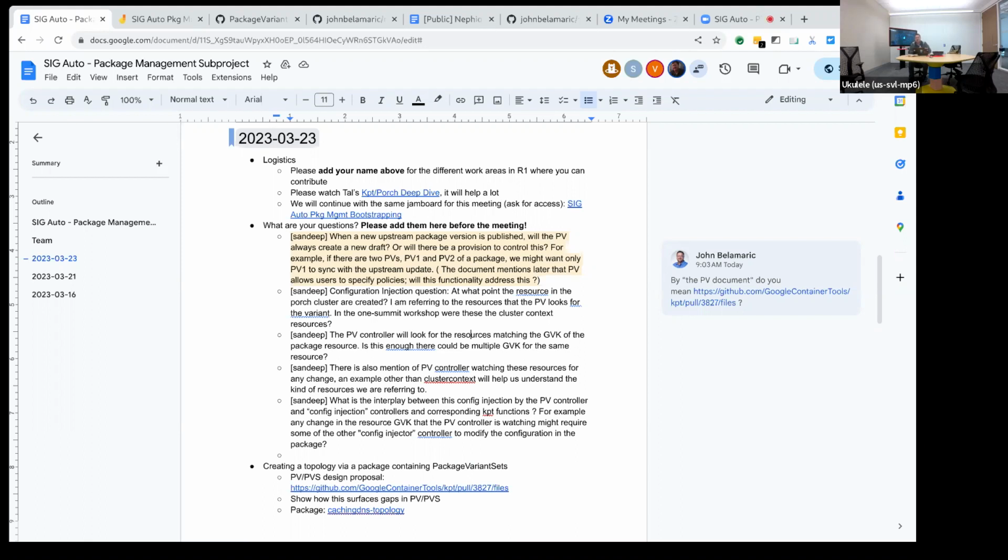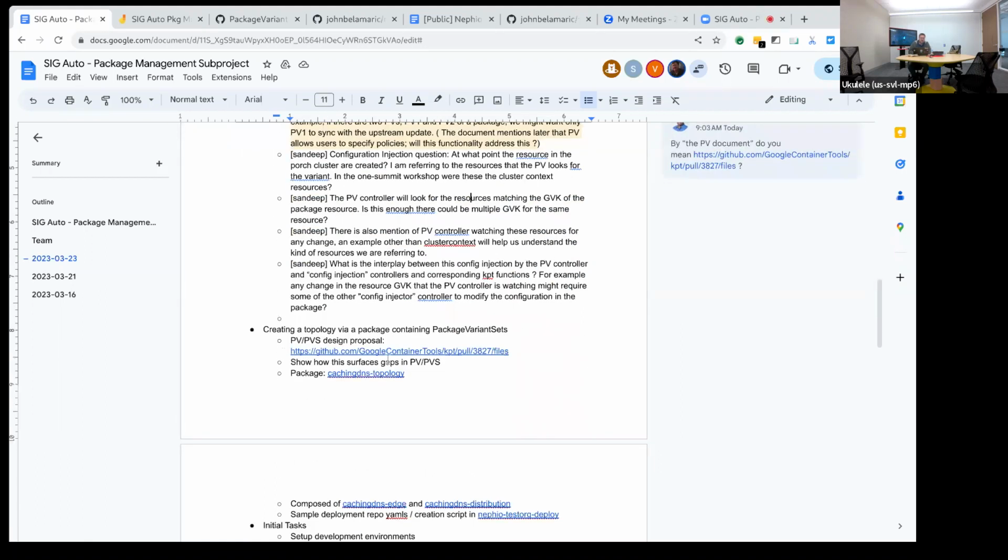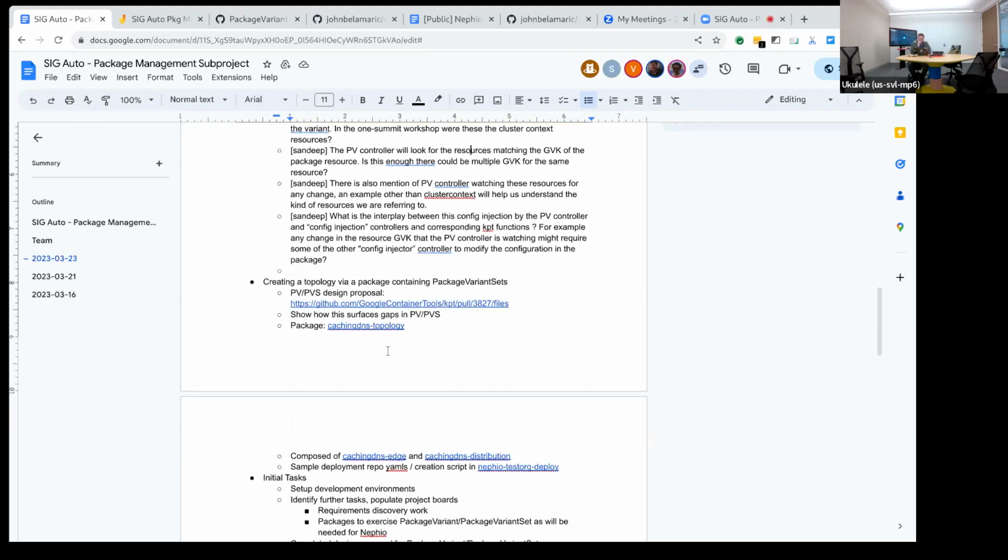So what I was thinking we would talk about after addressing everybody's questions, and please, like I said, interrupt if you want, is there are two approaches we could take. One is we could just look at the package variant set design proposal and go through it and see what is being proposed.